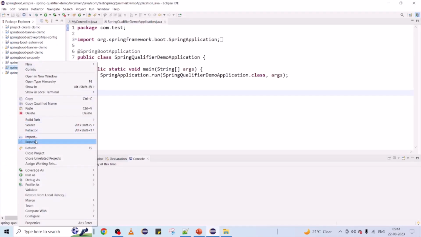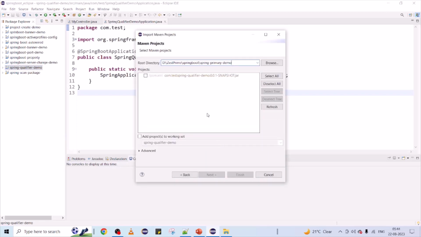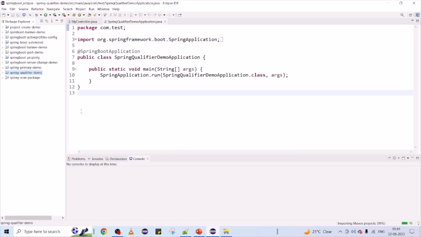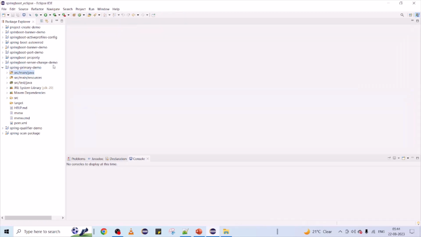So let me import it. I'm just going to use the existing application. I have not created anything new. That's the way we can reuse it and save our time. Let me open the project structure of the application. If you see our previous example,